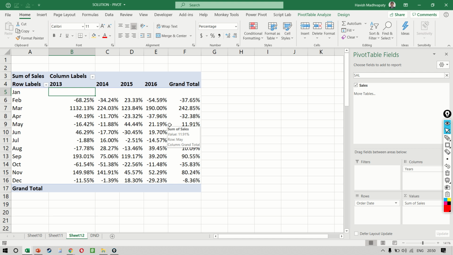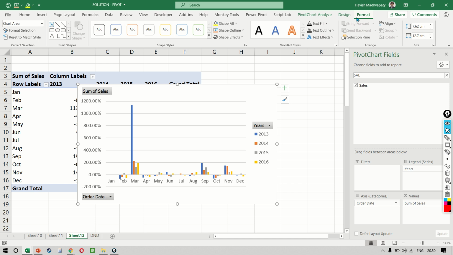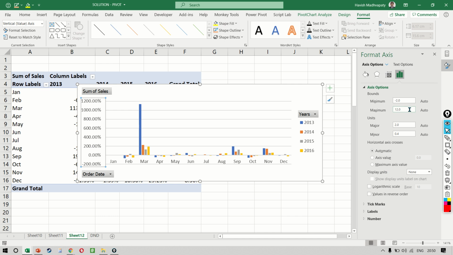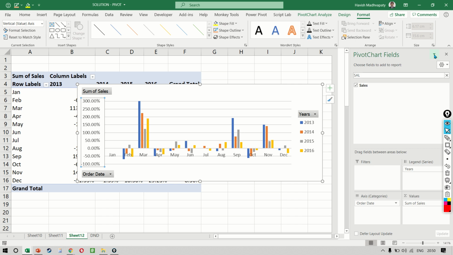So the calculation has happened automatically. It is basically taking the current year, the current month minus the previous month divided by the previous month. Now when we make a chart, we will get a chart like this. Now I know the reason the chart is not looking very nice is because this one number is super high. So perhaps what I want to do is to just select the axis and stop it at a maximum of 3%. We want to stop it at a maximum of 3% so that I can see all the changes for all the 12 months,